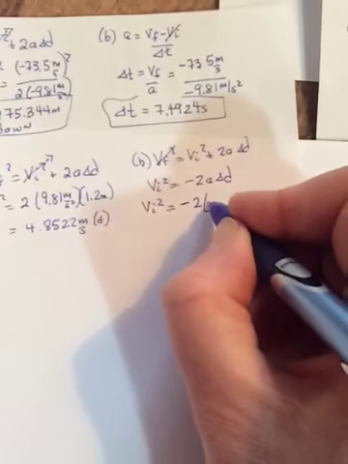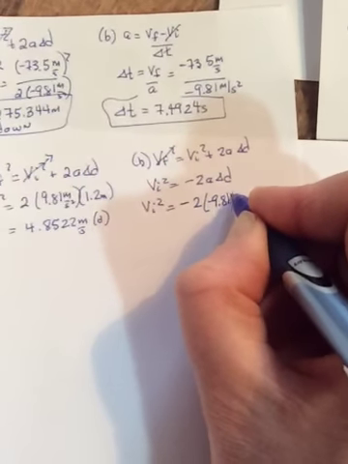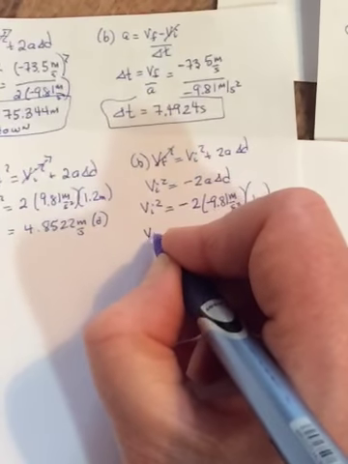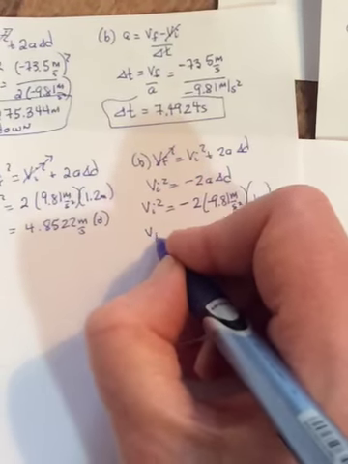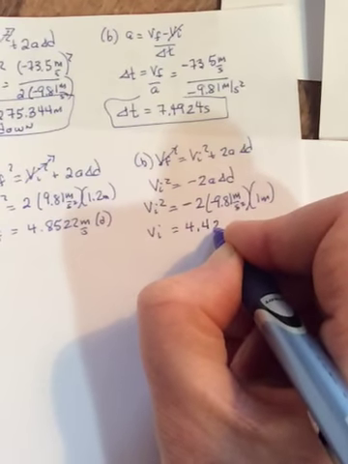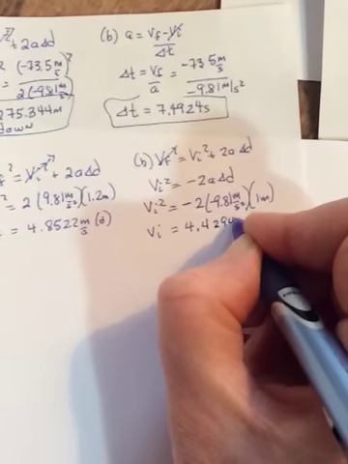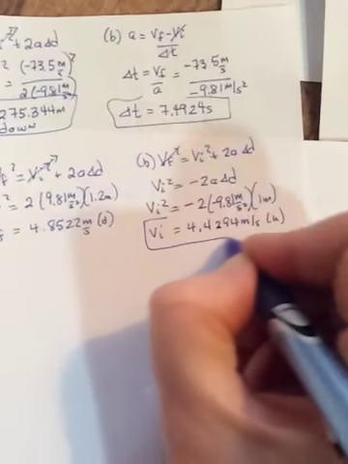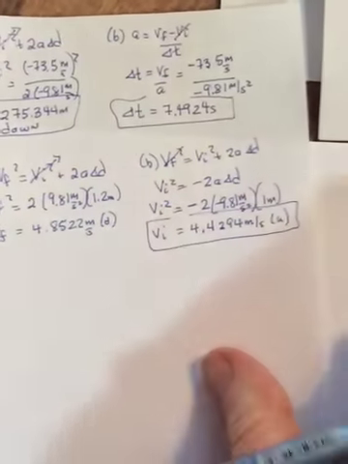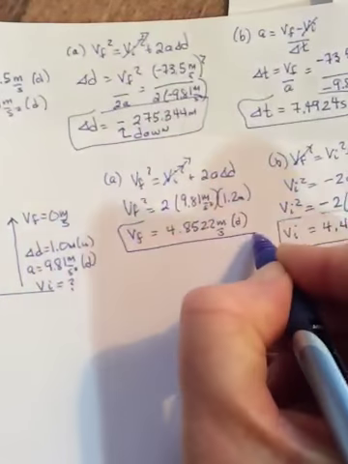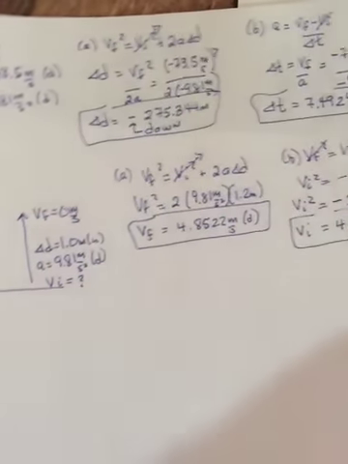So it's going to be negative 9.81 meters per second squared times 1 meter. So positive 19.62, take the square root, 4.4294 meters per second, and that's up. So this one's up, this one's down. And that becomes important for the next question, because it wants to know if the tennis ball